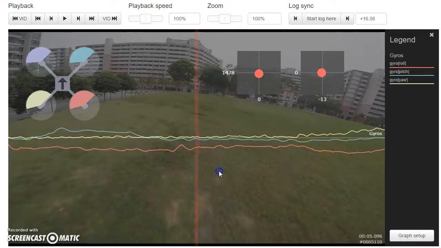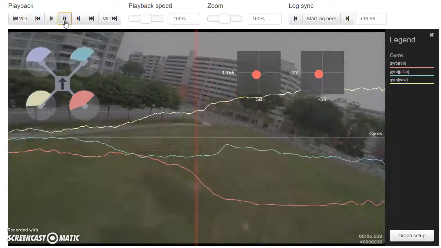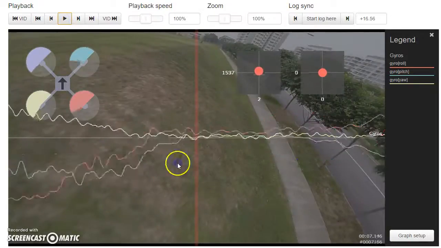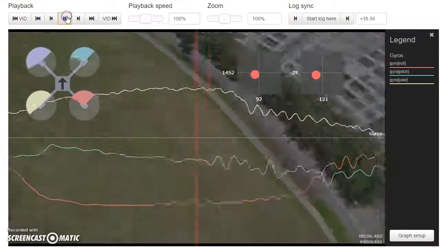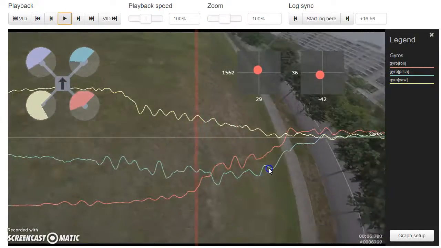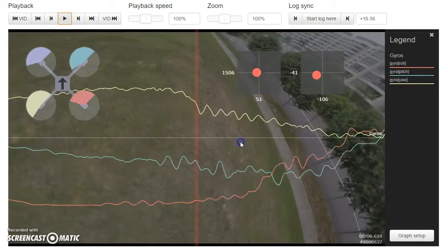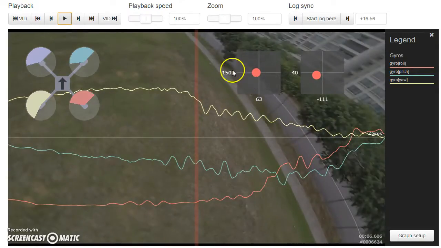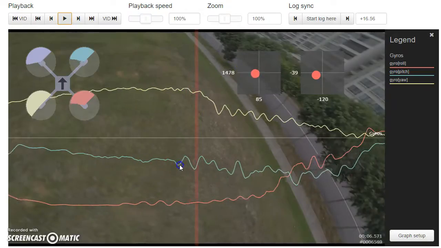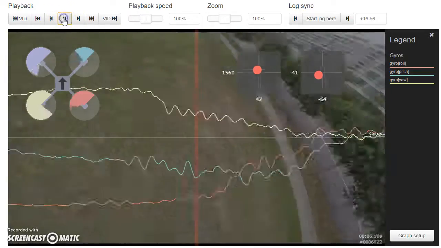So here's your video, and actually I've got it queued up to a point right about where I think an oscillation happens. Let's take a look. So we've got a little bit of oscillation there. We can kind of hear it as you do that sharp turn. And the first thing we can ask is whether that is something that we could be dealing with TPA. And we can see that at the point where that turn is happening, your throttle's at about 1500. So probably not, because, I mean, if we just go through your video,